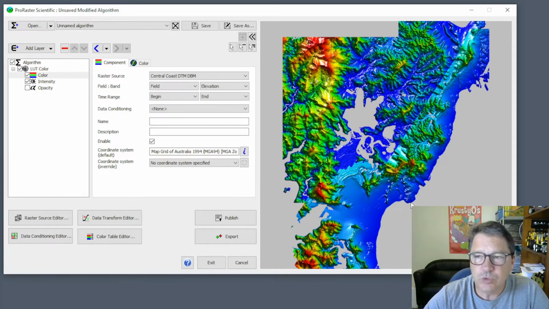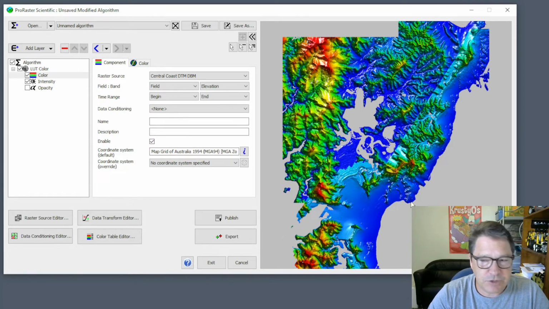And the rules state that the rasters that you put into a raster source all need to be similar. Now, the first thing is the coordinate system. They must all share the same coordinate system. That's a rule. That's not a restriction throughout the rest of the algorithm structure. You can use different rasters of different coordinate systems everywhere. But within a raster source, they should all have the same coordinate system,